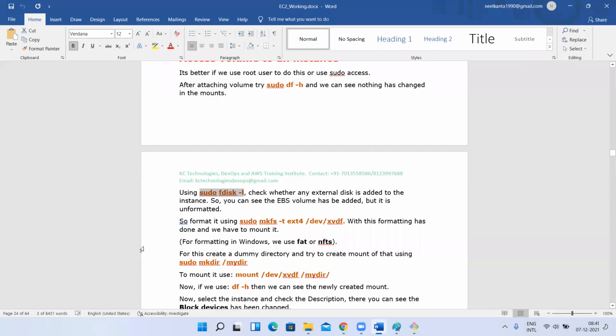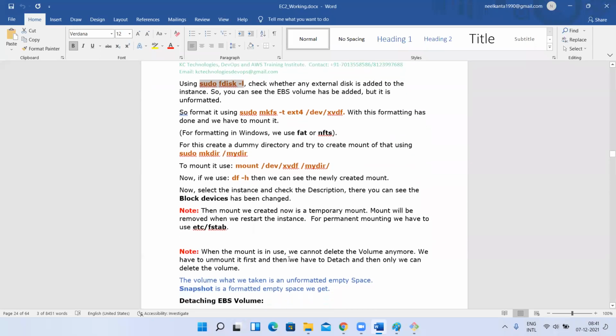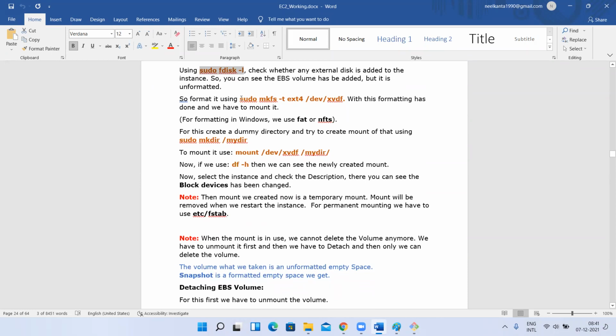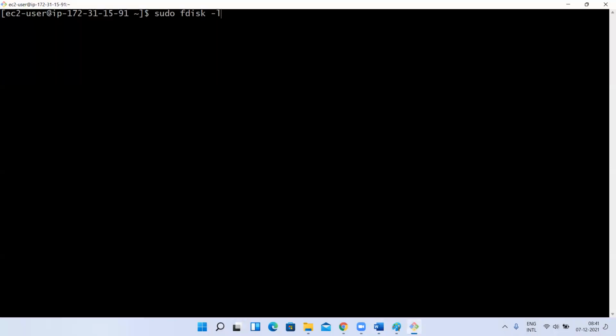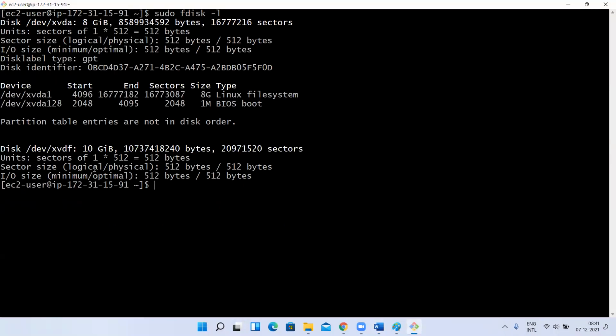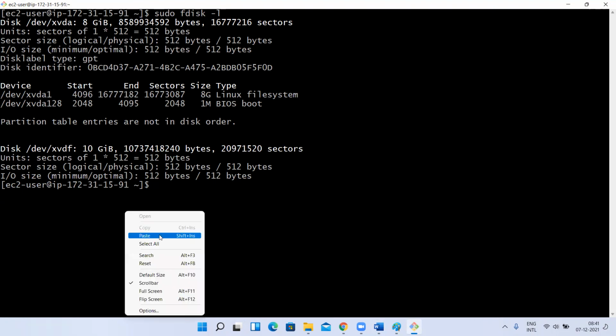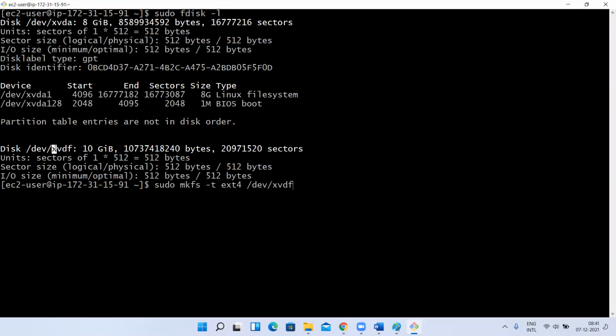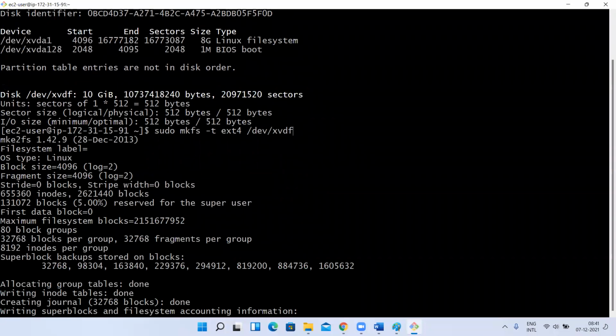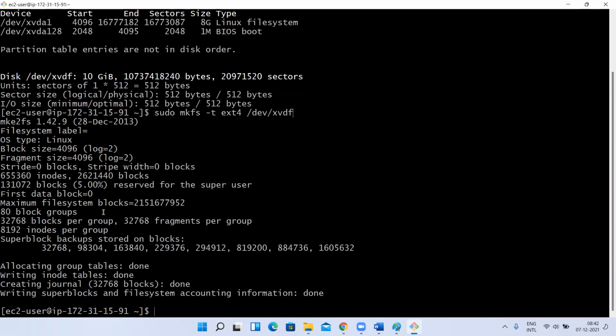So how to use it? First you need to create a file system. There are different types of file systems, so you have to create it. Whenever you type fdisk -l, whatever name it is showing, it will not be fixed always. It may change. So /dev/xvdf, whatever it is showing here, for that you have to create a file system: mkfs, make file system, -t ext4, and this name. You give the name here. It is going to create a file system, right?